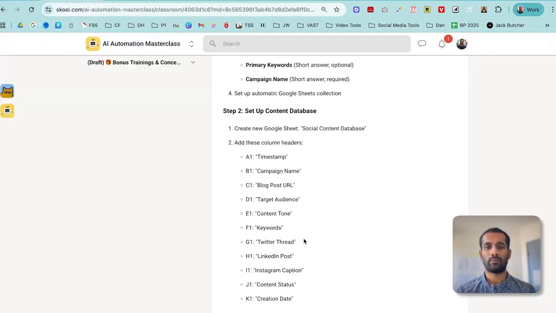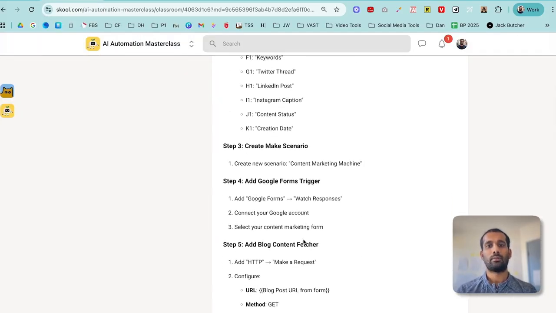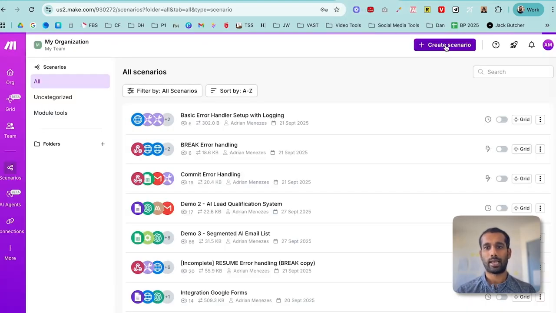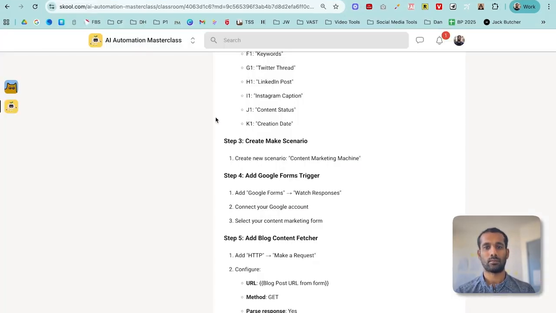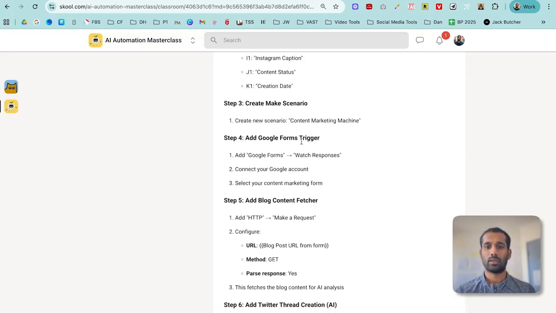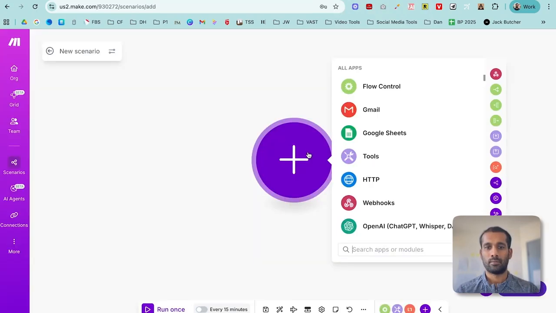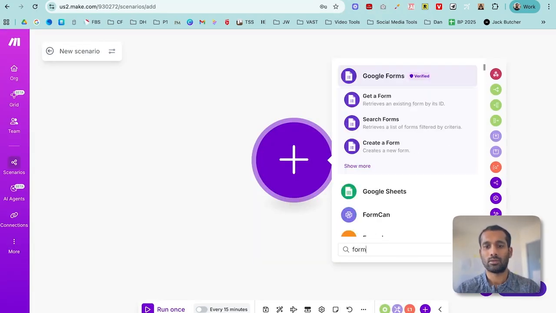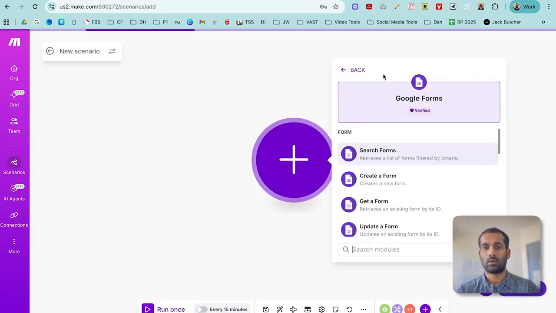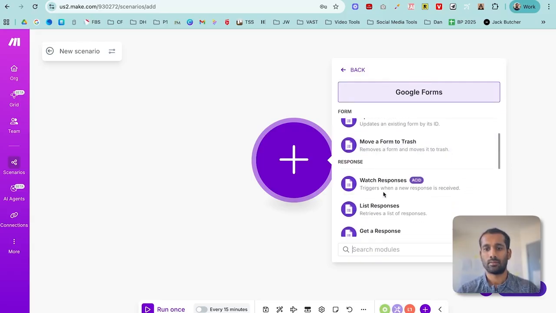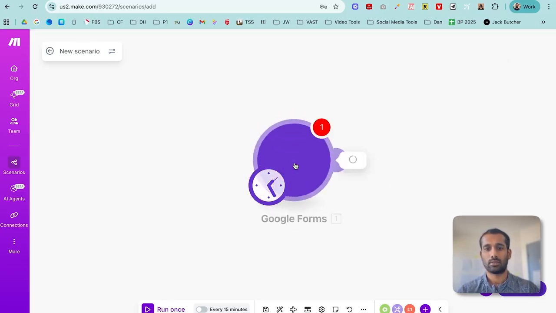And now we are going to start building out our automation. And now for the fun part where we start building out our automation. So if I come into make.com, create a new scenario, we are first going to add our Google Forms trigger. So if I come in here and choose Google Forms, watch responses,